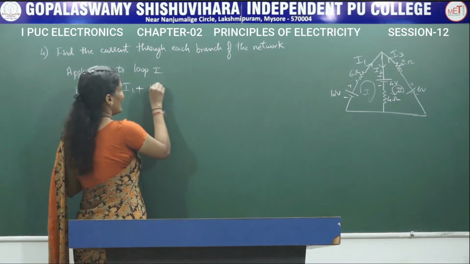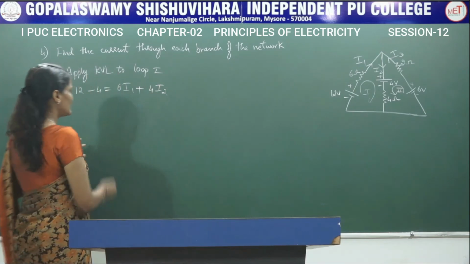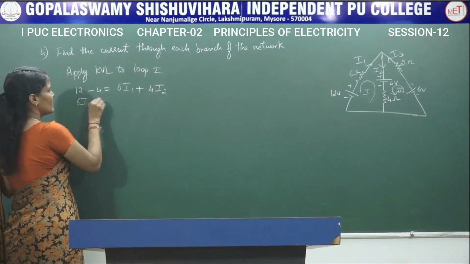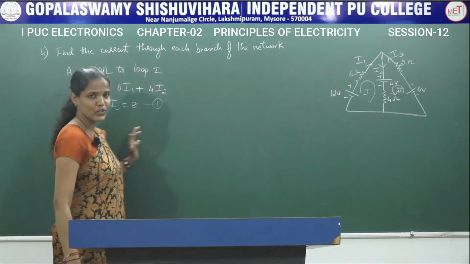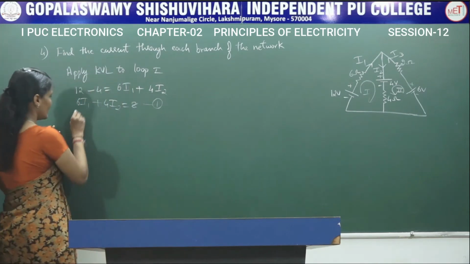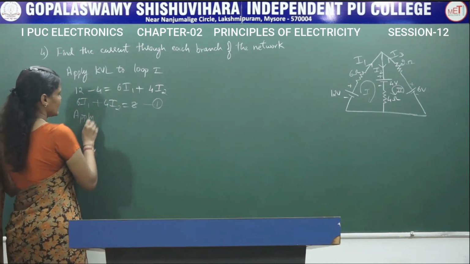So 4 I2. Let us simplify this. 6 I1 plus 4 I2 is equal to 8. Let me call this equation number 1. Now let us apply KVL